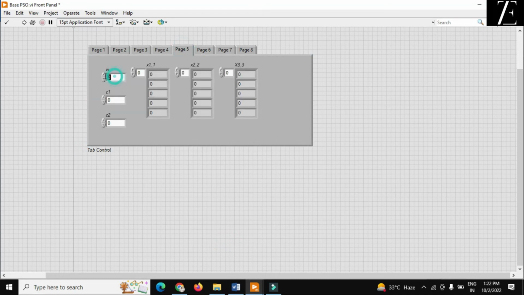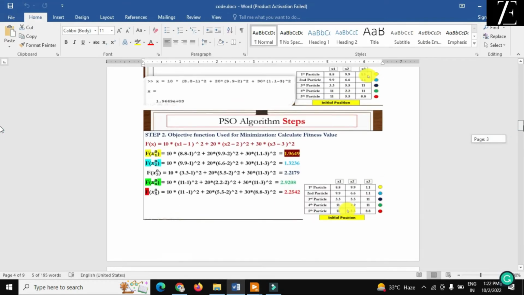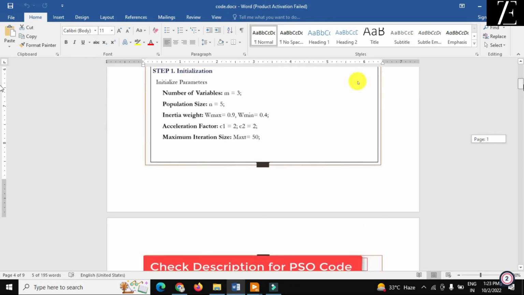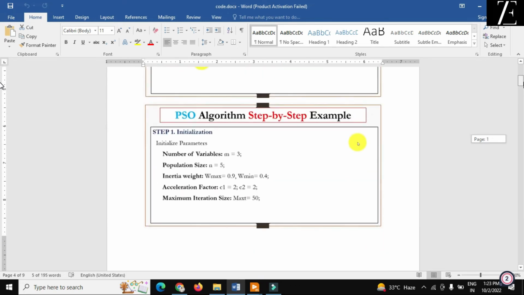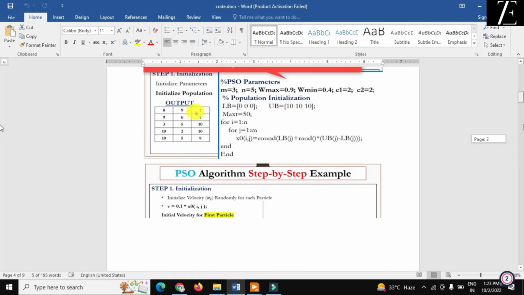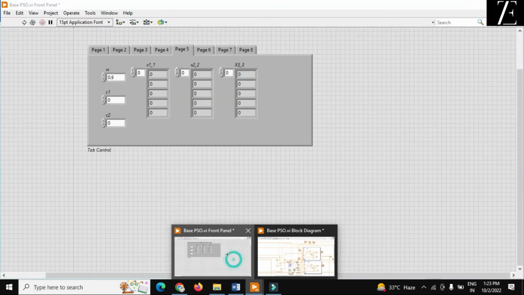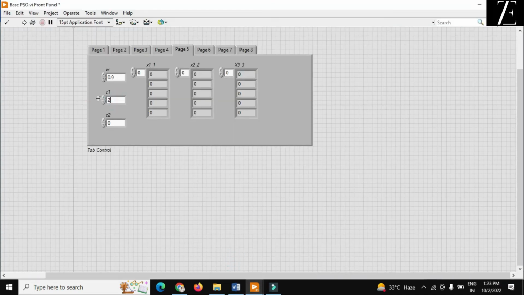Over here I want to put the value 0.9, because maximum value is, as you see over here, 0.9, and c1 and c2 is 2. So just put these values inside this function, c2 2. So when I hit on run button, again I got